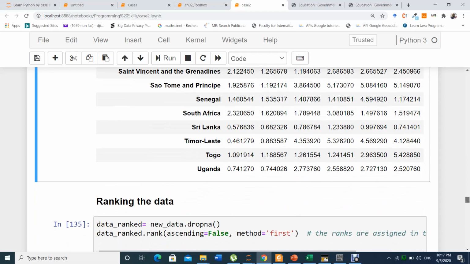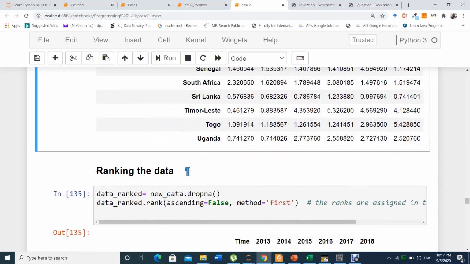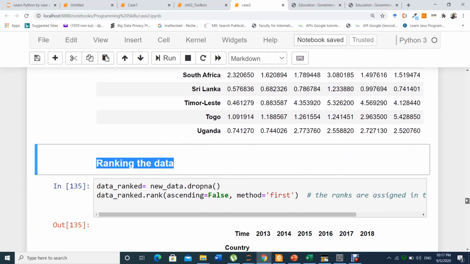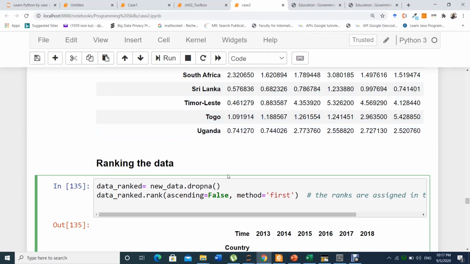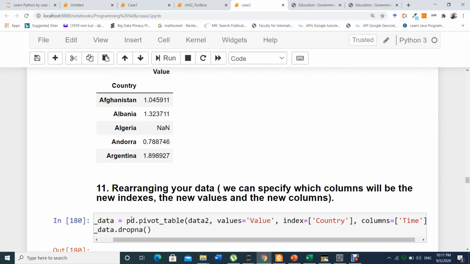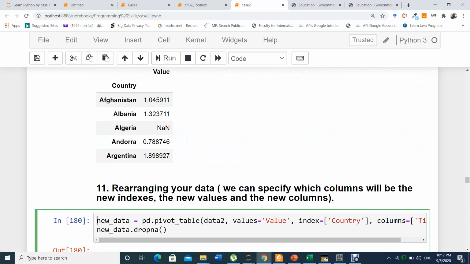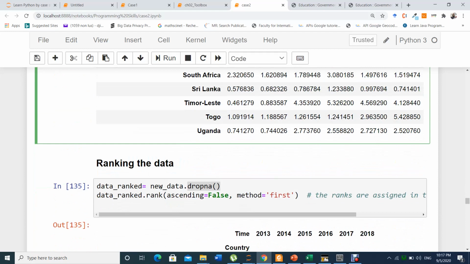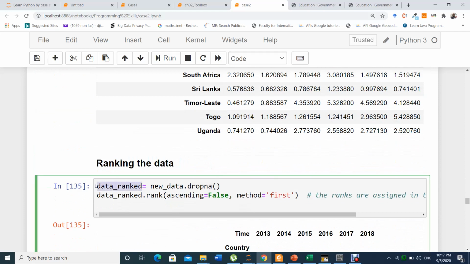So now we can go to the last question, and the objective is to rank the data per year. To rank the data, since we have already cleaned and rearranged it, we just need to first remove the non-values. So from this new data, don't forget, we call it new data, we need to remove all non-values. Now we call it a new name, data ranking.